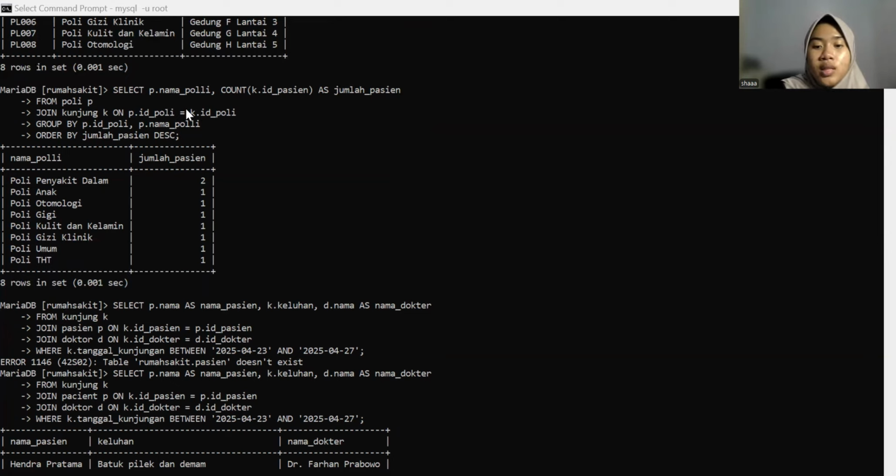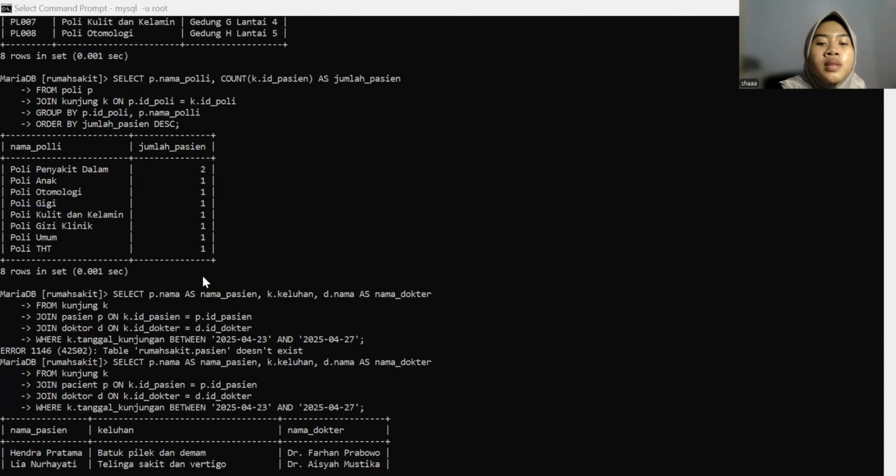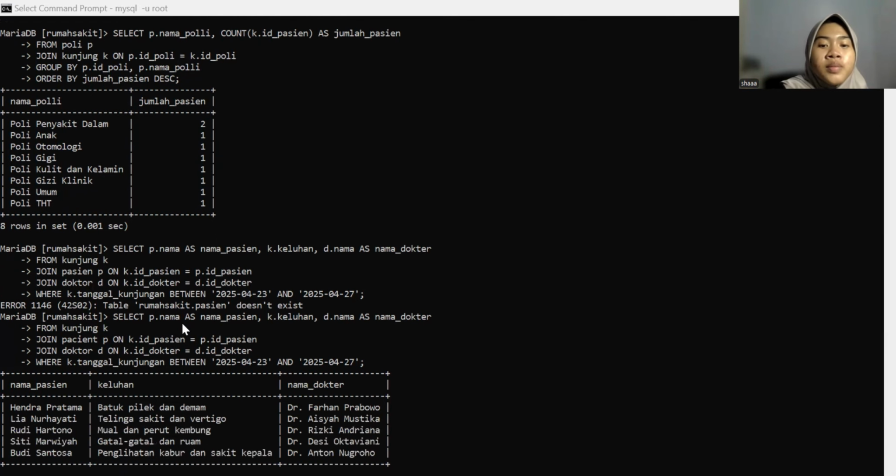Since we want to see the data per clinic, we use group by to group the result by clinic. Finally, order by jumlah pasien desc is used to sort the result from the busiest clinic to the least busy one. The next question.